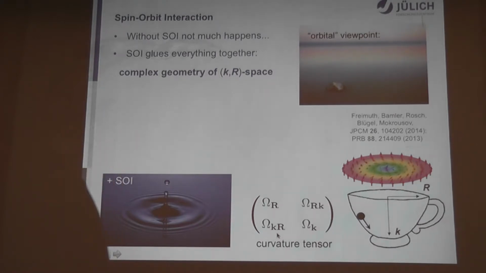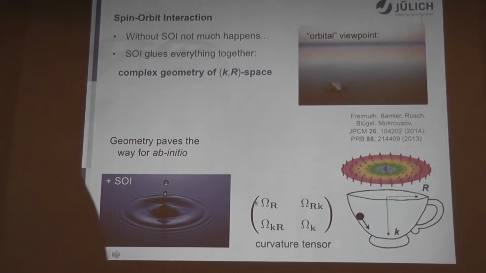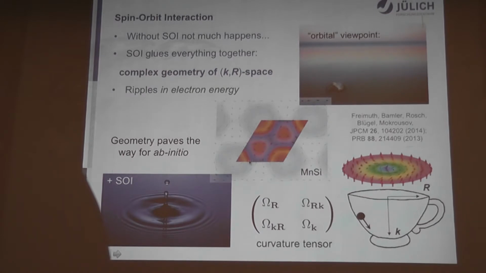This is our anomalous Hall part, and this is what we call the mixed Berry curvature, which actually couples the geometry in both spaces. Now, we know what we have to do when we have particles which move on a curved surface, and in this case, the geometrical arguments again give us some clues as to what we should expect. And not only that, they also give us clues as to how we can calculate these effects. For example, we can calculate the changes in the energy of electrons which are caused by this curvature tensor, and we can derive the expressions. In this plot you see this energy contribution due to a skyrmion in manganese silicide, these so-called ripples in electron energy.